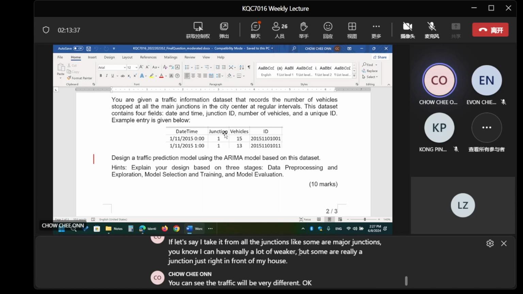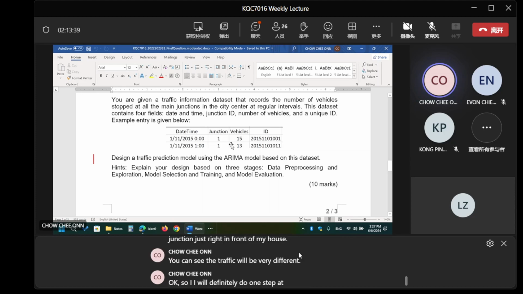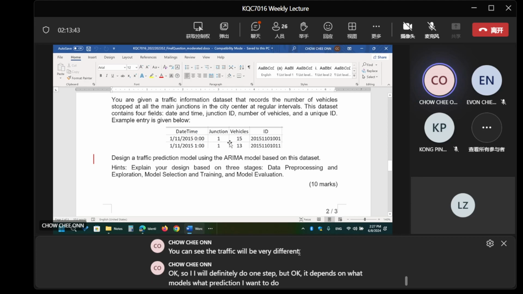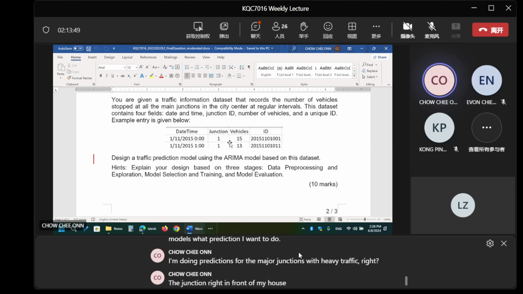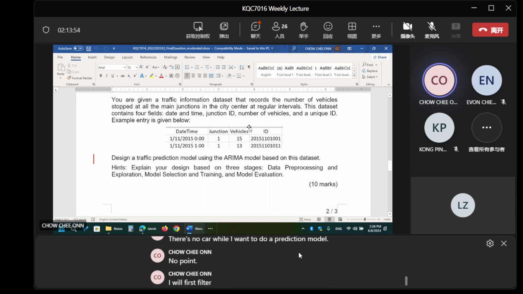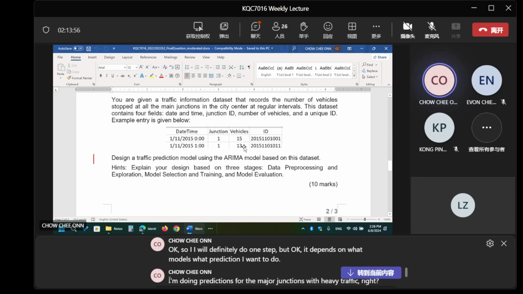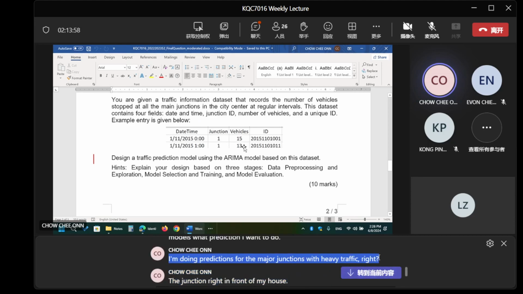So I will definitely do one step. It depends on what models and what prediction I want to do. I'm doing predictions for the major junctions with heavy traffic, right? The junction right in front of my house has no car. Why would I want to build a prediction model there? No point. I will first filter this data set for only very busy junctions. I will not do it for all junctions.